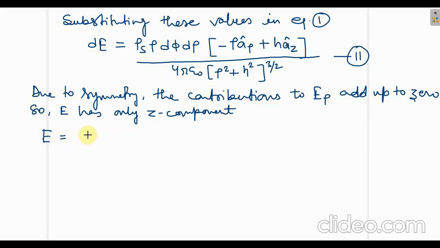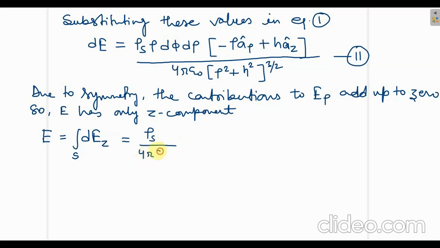So E equals dEz, obviously because Z is the only contribution; the other components add up to 0, and E has only Z component, so we are writing dEz. Okay, so whatever is there, the term except this minus rho arrow and this whole multiplied along arrow, that will not exist, and we have to write this az component. So we will write it, those things which can be taken common, they are being taken outside.